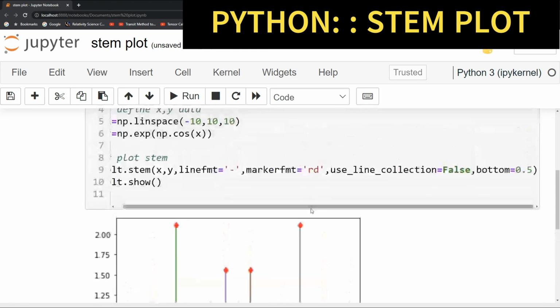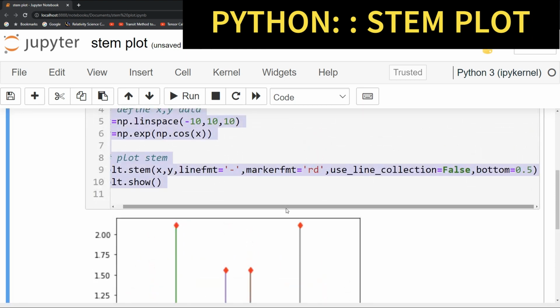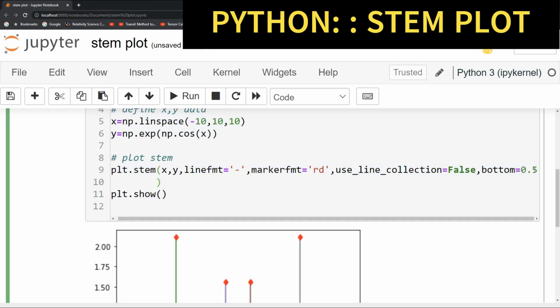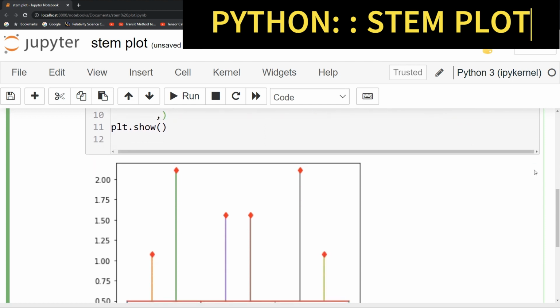You can also put this graph in a horizontal direction. So for that,